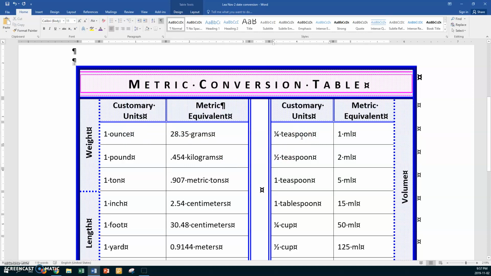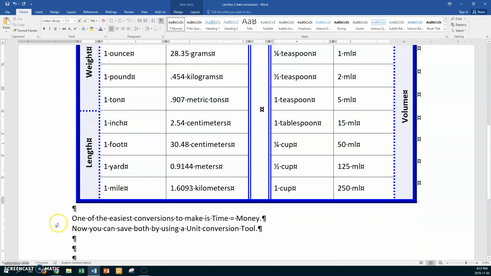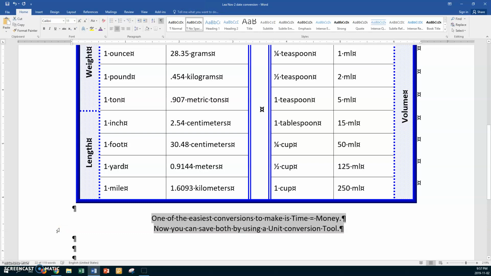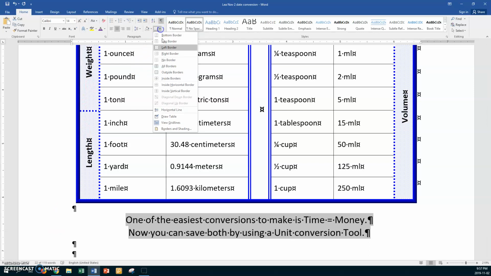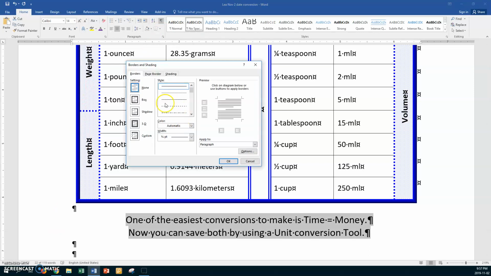Okay, is there anything else for us to do? I don't think so, except this last 2 lines here, and I've got a whole 2 minutes to go. Center it, size them up a bit, and remember we want borders and shading, so we want to go to borders and shading, and let's choose, okay, just a straight box is okay, and I will choose this line, and